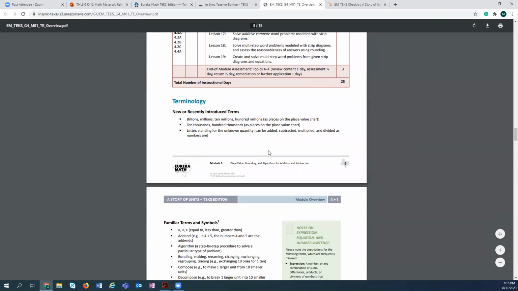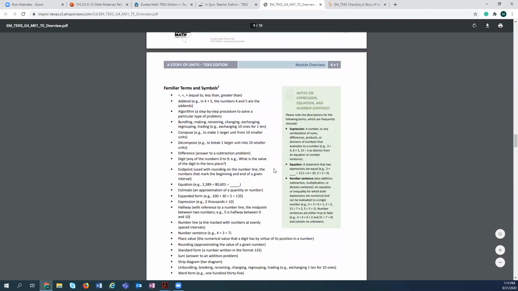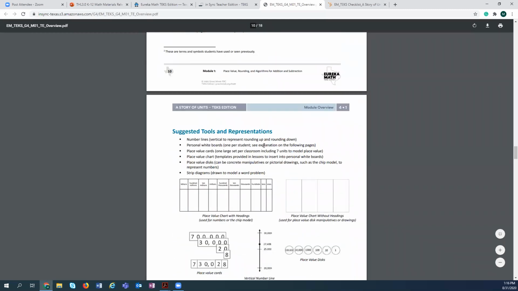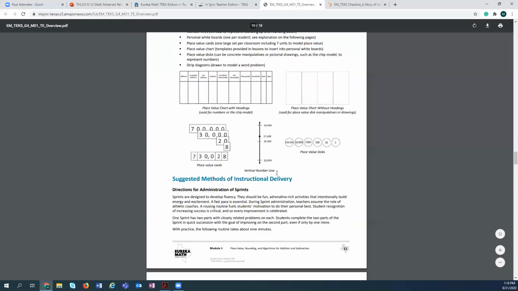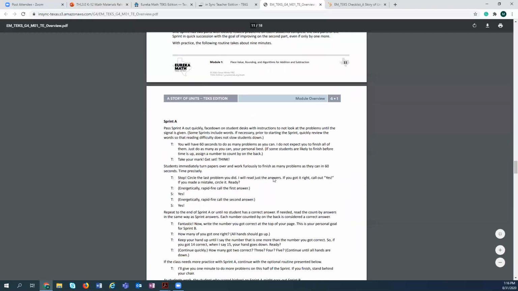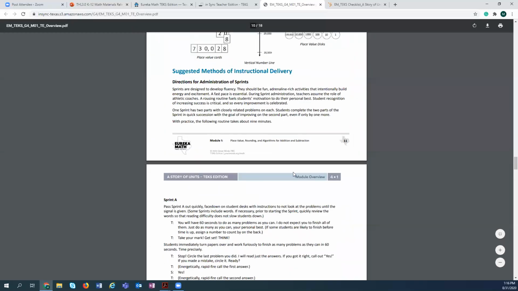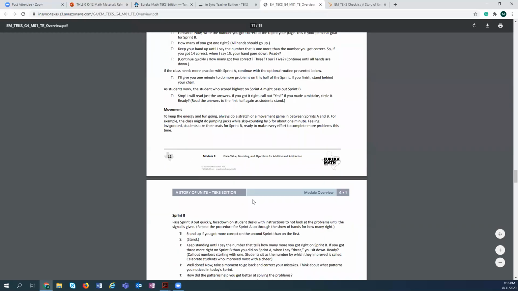Within the overview, you'll also see a lot of familiar terminology that's important for understanding the material, and suggested tools and representations so that you can help students who may need to go back to representation if they're working with abstract concepts. There's support here as well with the fluency piece on administering sprints for students so that they're practicing fluency that we talked about.